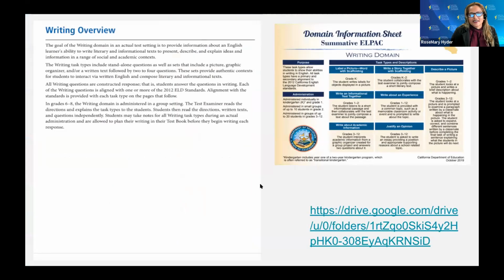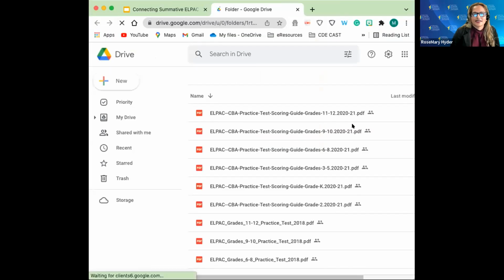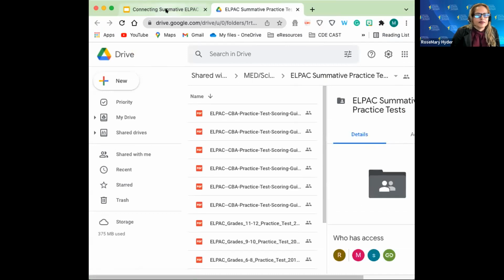All right. And so I just want to give you what else is in the assessment book, the writing overview. Your ELA teachers, your science, social studies teachers, these are all teachers that can integrate these practices. And since we're specifically talking about science, just taking a look at the goal of the writing domain and what our students are expected to do, because even just reading this piece, and not just looking at the test, will help